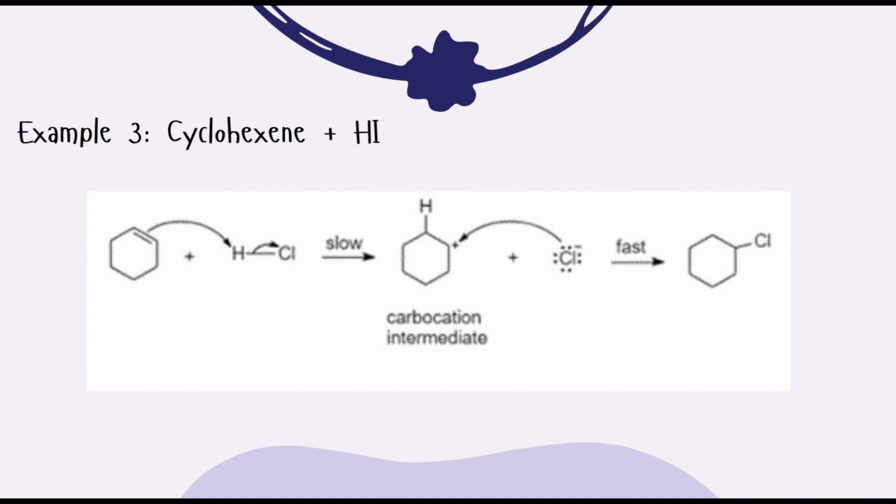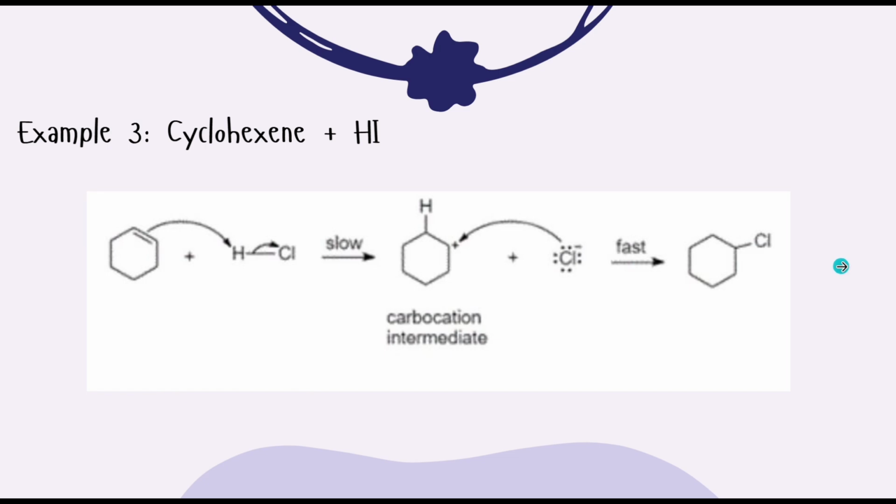This reaction produces iodocyclohexane as the major product. So the reaction of cyclohexene plus hydrogen iodide is that cyclohexene reacts with hydrogen iodide to form